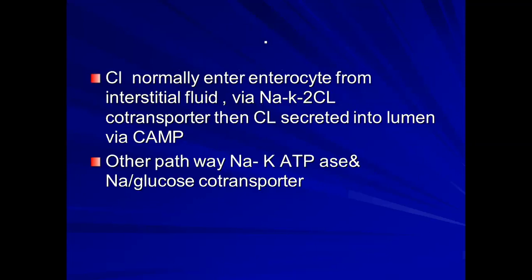The chloride normally enters the enterocyte from the interstitial fluid in two ways. The first way is via the sodium-potassium chloride co-transporter. Then the chloride will be secreted into the lumen via the cyclic AMP. The other pathway is the sodium-potassium ATPase and the sodium-glucose transporter. As we see in the next